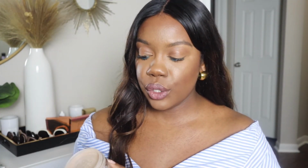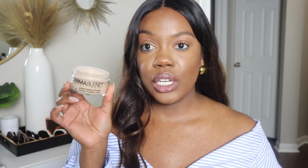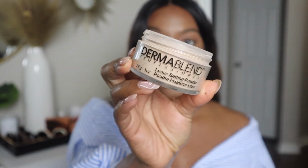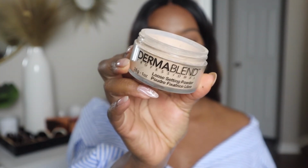I really like that. All right, so my current favorite powder is the DermaBlend Professional Loose Setting Powder, and this is in the shade Cool Beige. This is so nice and finely milled. For a while I was using the Laura Mercier, but I was just so unhappy with it, to be honest. But I spent my money on it, so I wanted to use the powder,